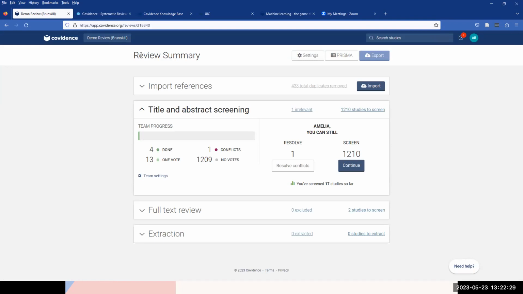All right, so in terms of screening records, the fun part, you have all this information here about what's happened so far. You can look at the conflicts here. These are the ones irrelevant where both screeners have said, no, I don't think this should be included. And then here I've got a mere 1,210 to go. So if I click on that,